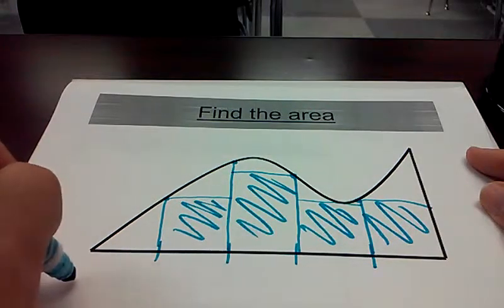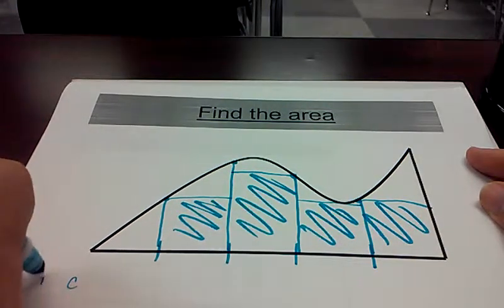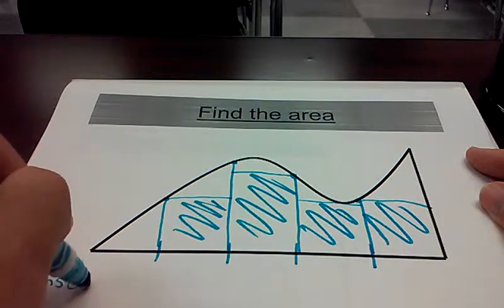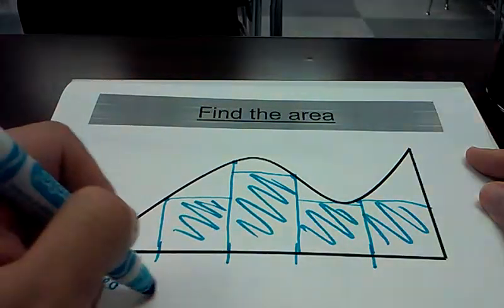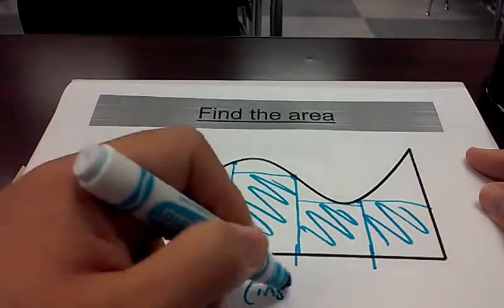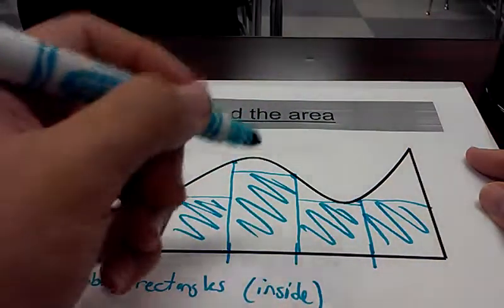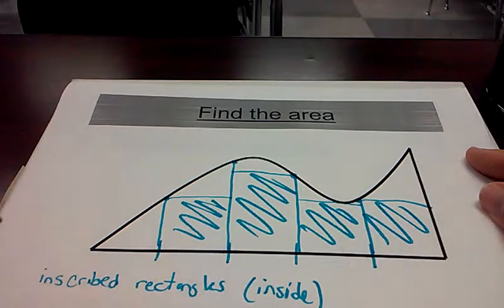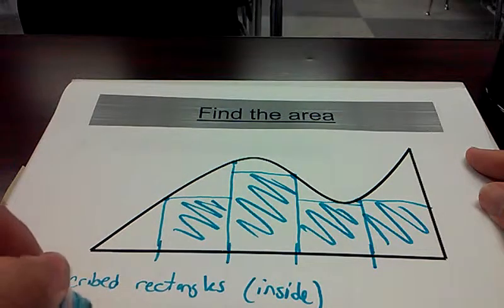So this would be what we call inscribed rectangles, because the rectangles are inside the shape, and this answer is always going to be lower than the actual answer. The difference is if you have circumscribed